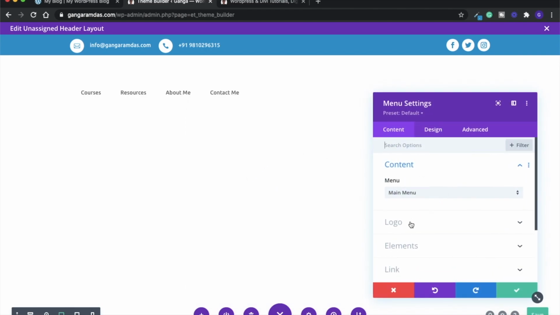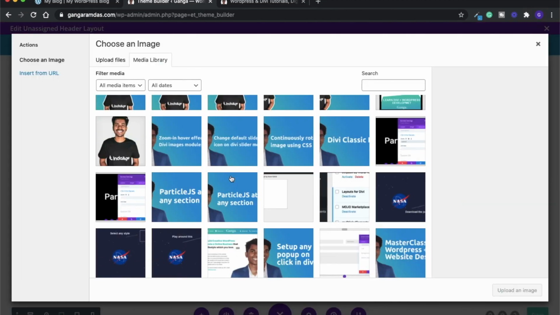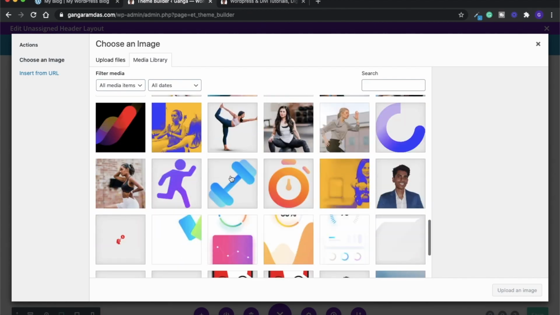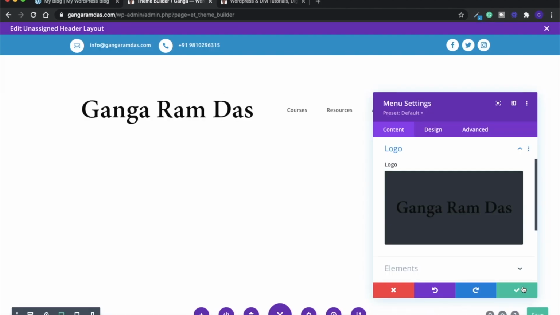Now what we have to do is add a logo over here. So let me select if I have any logo. So I have this one logo. Let me use this logo. And